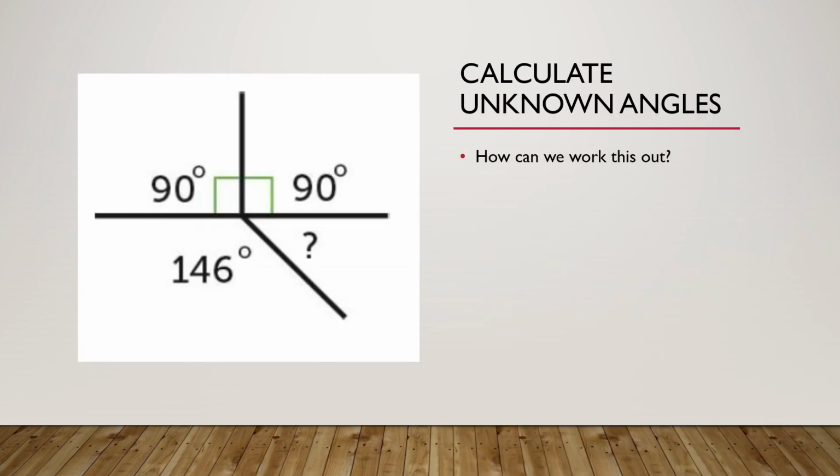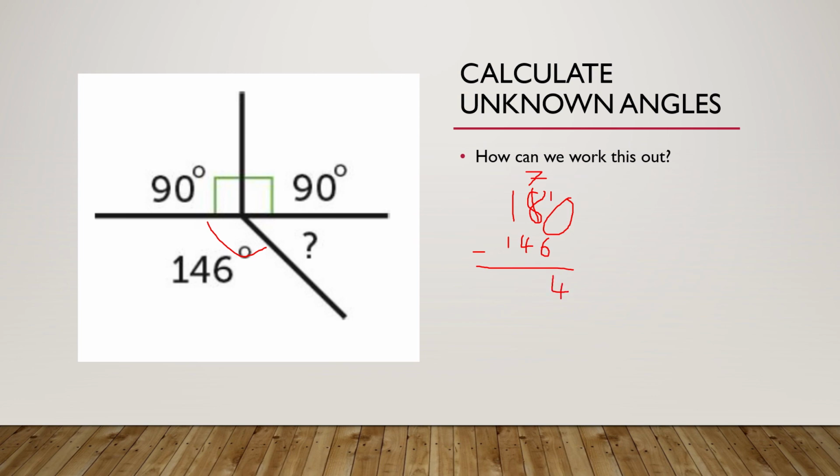We're going to do this one ourselves. Here, I've got 90 plus 90 is 180. And I know that 146 plus something is going to be 180. So I'm going to do this the other way. I'm going to say 180, take away this bit here, which I know, 180, take away the 146 that we've got. What are we going to be left with? And in this case, then that's going to be